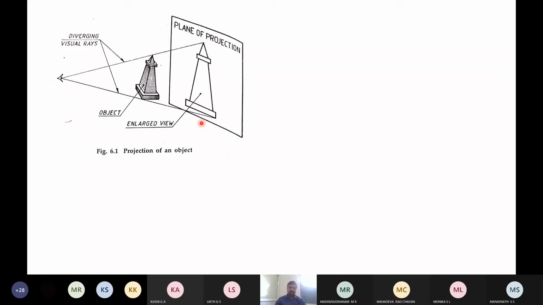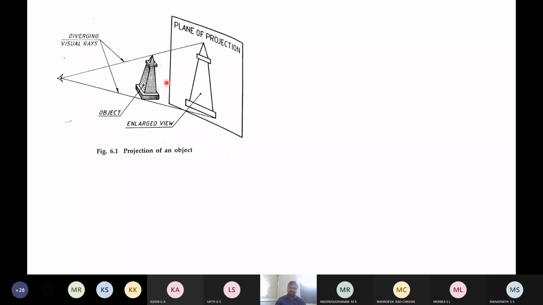Okay, what you should remember is, if there is an object and these visual rays travel in a way where they are diverging, then the image that you are going to get is not to the actual size.